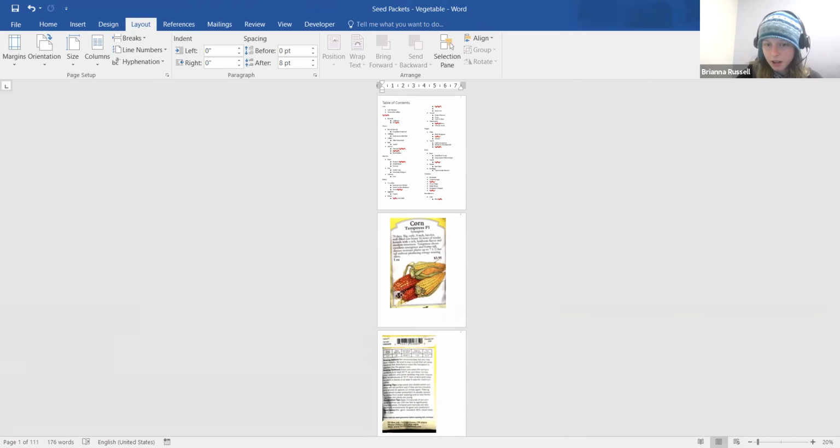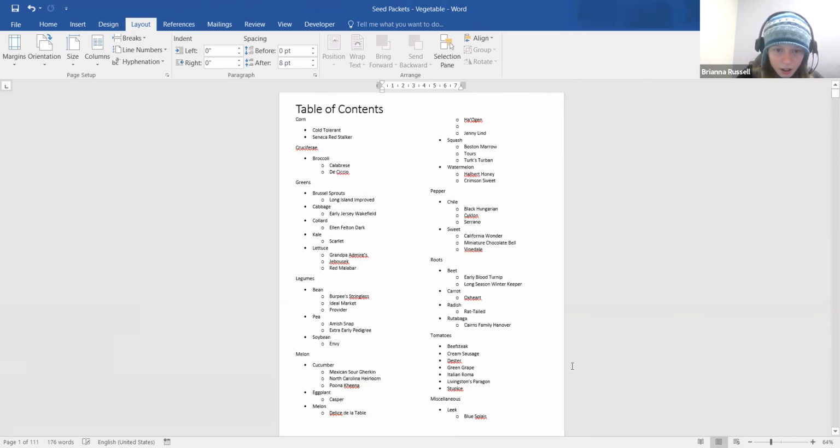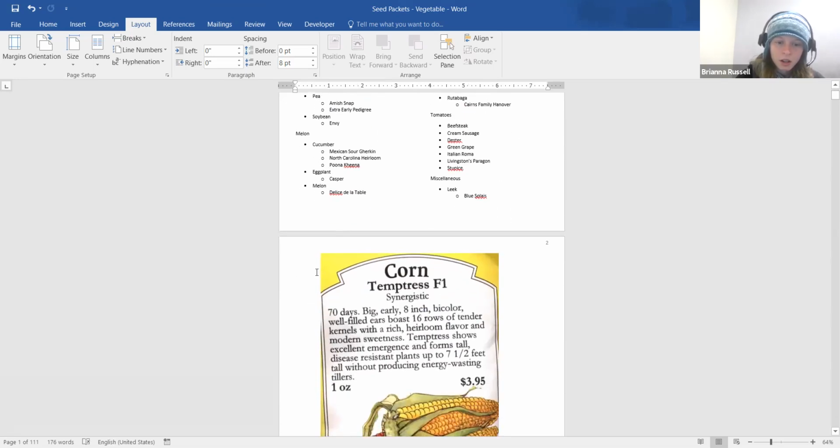Up at the top, I have this table of contents. What I would do in the final version of this is each of these would become a link. I had a flower one open that did exactly this. But what I would do is make each of these pages a link,